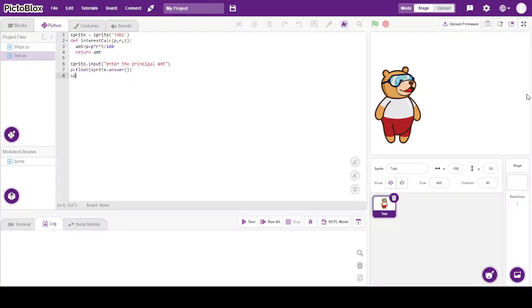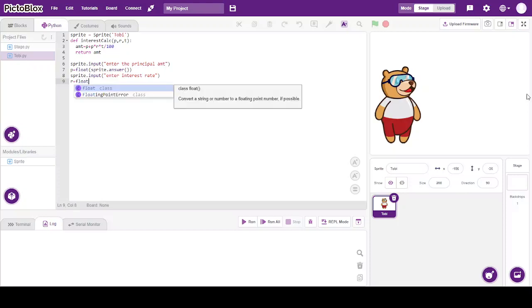So sprite dot input, and then I specify enter interest rate, that will be getting stored in rate. R is equal to float sprite dot answer,